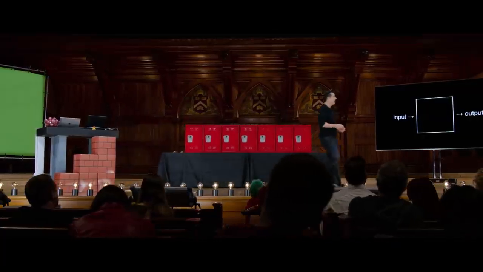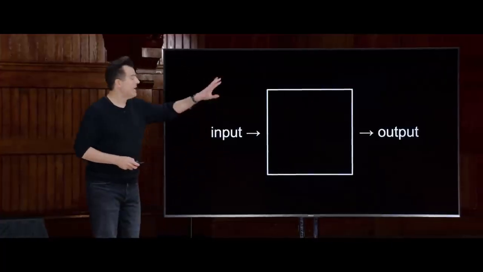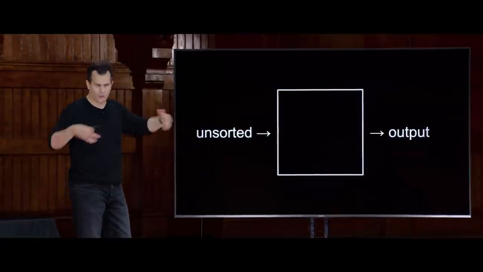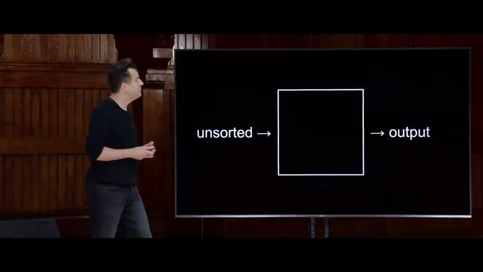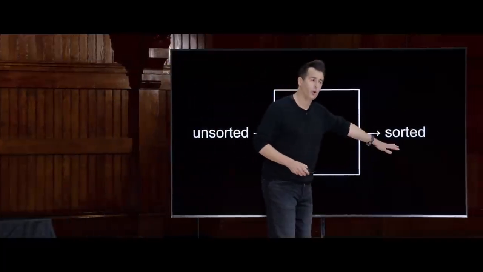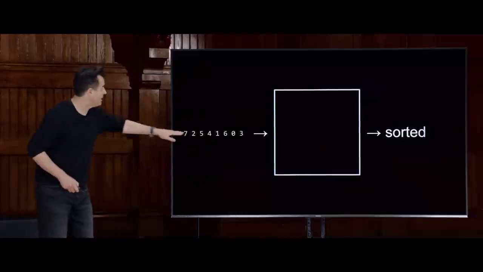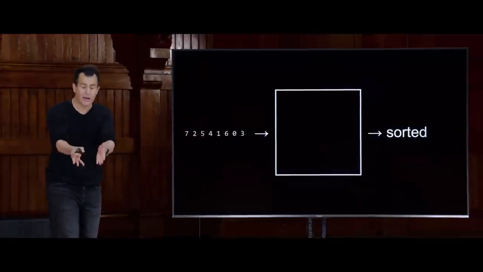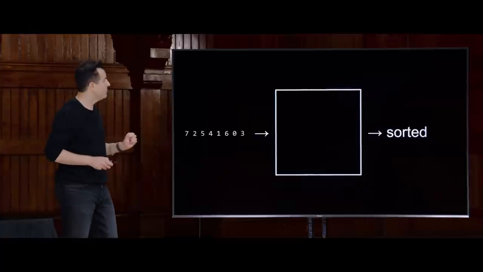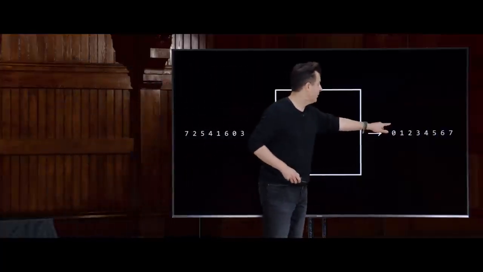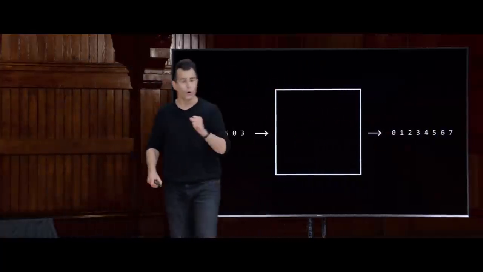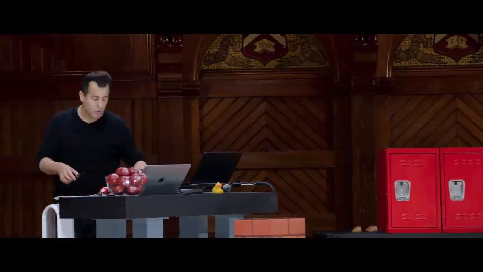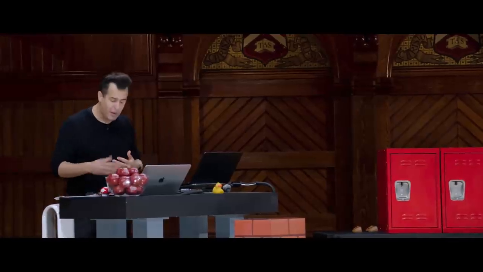Well, the problem of sorting looks like this. If our input and output paradigm is to be believed, the input to the problem would be unsorted data, like randomly ordered bills or randomly ordered names and numbers. The output, though, we want to be sorted. Specifically, if we deal with an array, here's an array of numbers from 0 through 7, completely unsorted. So same idea as the dollar bills, but I used smaller numbers because it's a bit easier. The goal at hand is to get them from 0 to 7 in increasing order. But for that, we need some algorithm to actually do the sorting, the step-by-step instructions. And it turns out there's going to be bunches of ways we can do that.